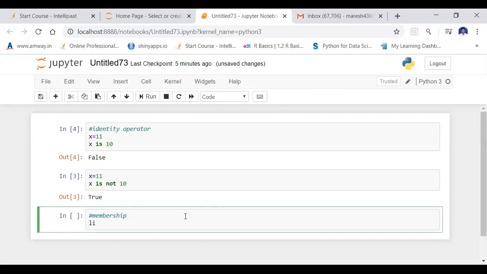My list is list equals to cat, dog, monkey, banana.